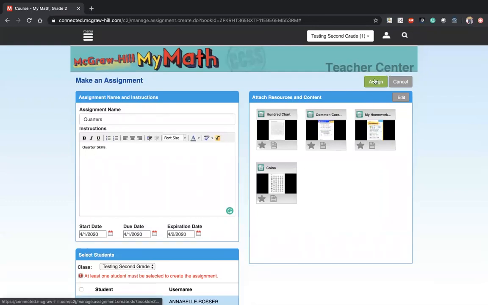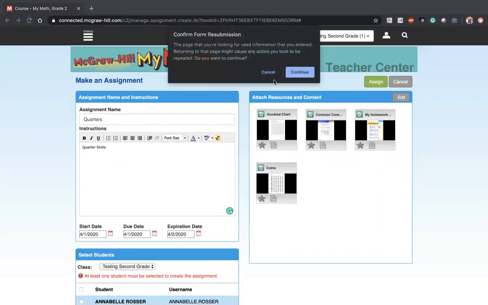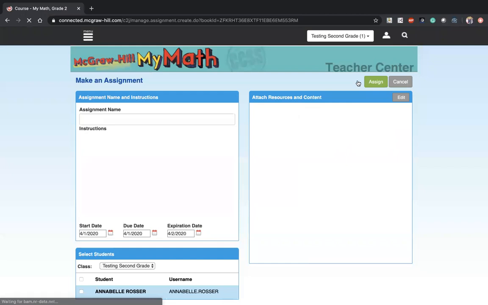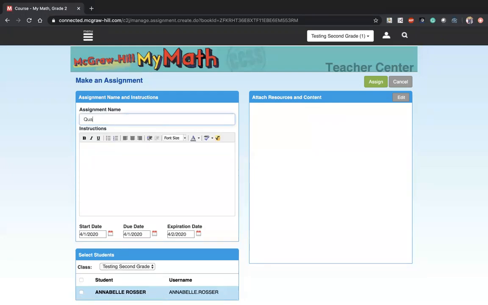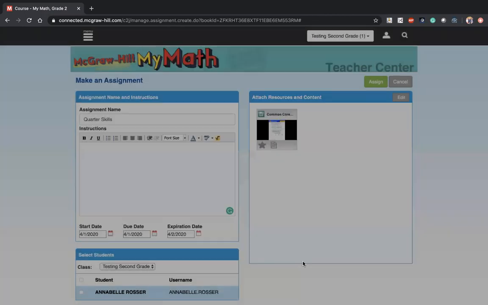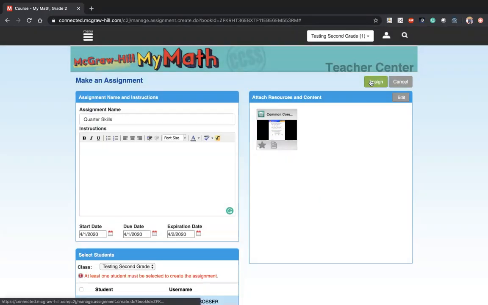Processing here. Internet's been a little slow today. I'm going to refresh. Yeah, that did not save. All right, so quarter skills, and then again, click on this resource, and I'm only going to add one for now. And if you click assign,